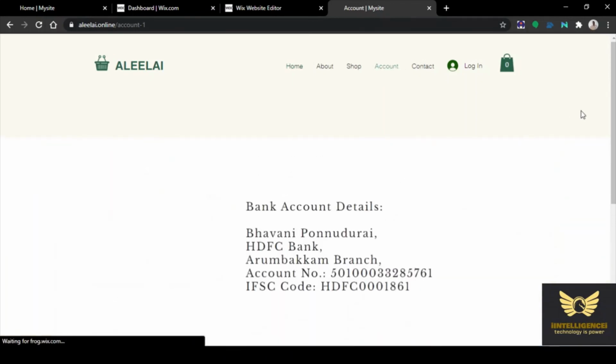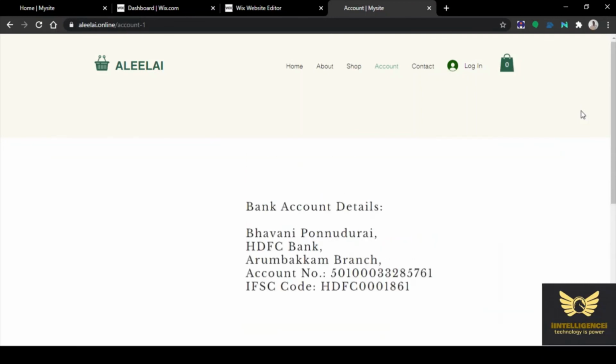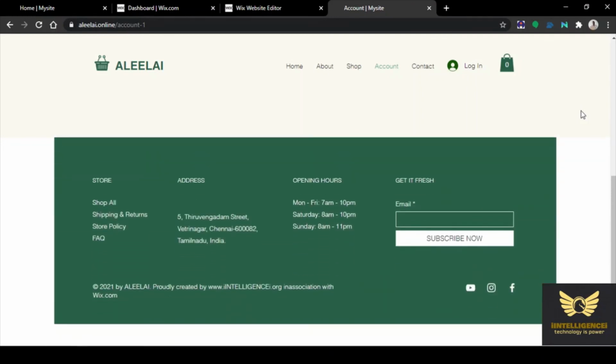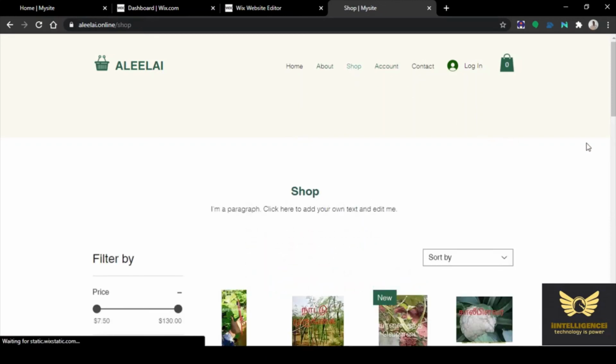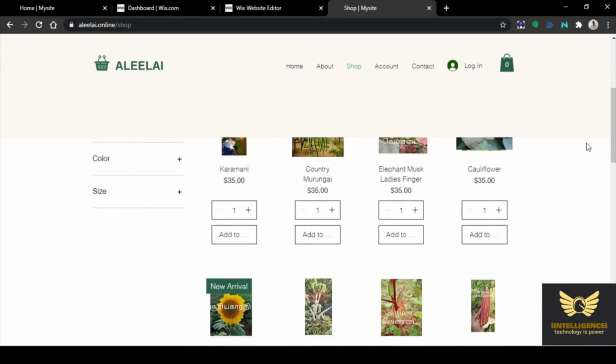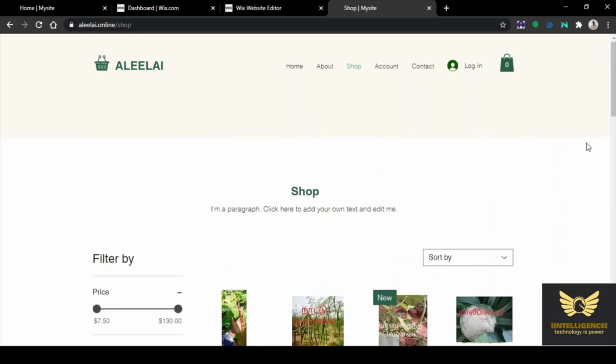So front page also good, looks nice. You can also change the background if required. That is also possible. It's quite easy. You can change it without losing the professional look of the website.